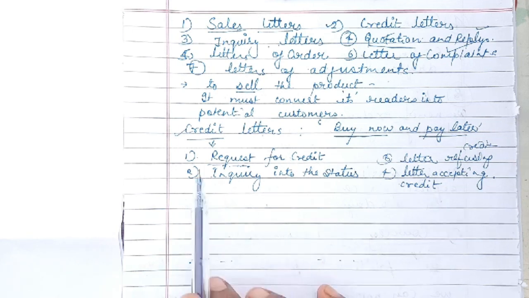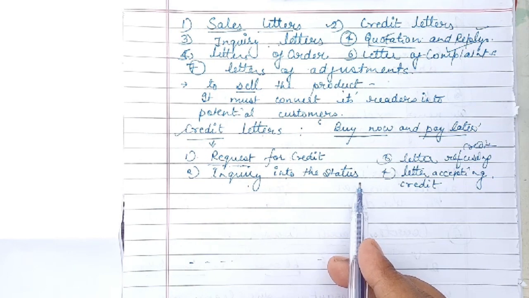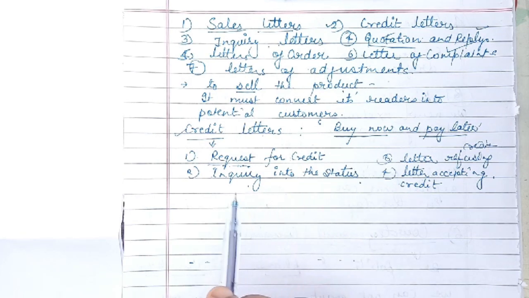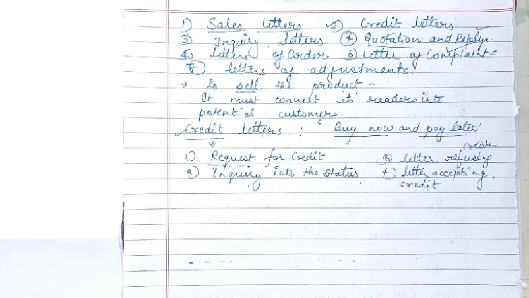After this request, the second type of letter will be an inquiry into your status. The person to whom you are requesting will definitely inquire how you will pay in future. Suppose you are making a loss in your business, or you failed in your work, so how will you pay? You need to show some proof that you have this much money in different forms. It may be land or jewelry, your house, or anything which you can replace in place of money when you need to pay in future.